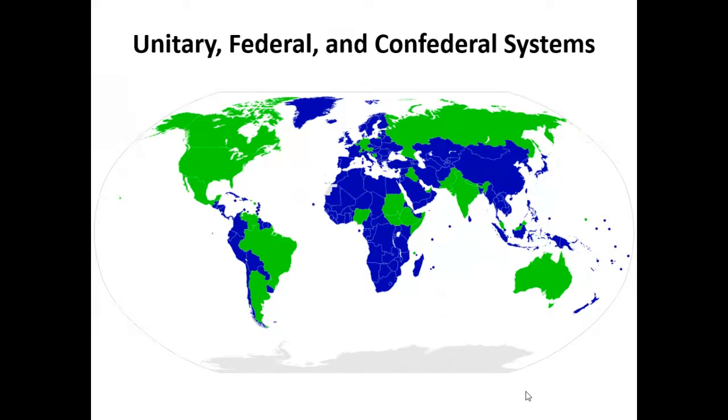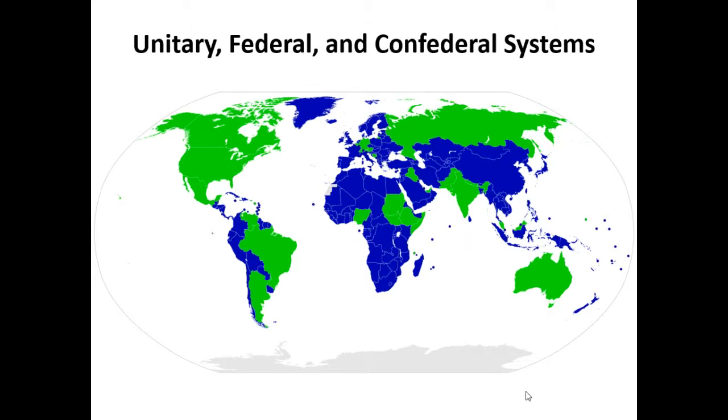Okay, so start very big picture. I want to suggest to you that virtually every political system in the world today has some arrangement where you have a central government and regional governments. The two basic types that you see if you're looking at this map up here on the screen, you can see that most political systems around the world can be characterized as either unitary systems or federal systems. But in the title up there, it also says confederacies or confederal systems.